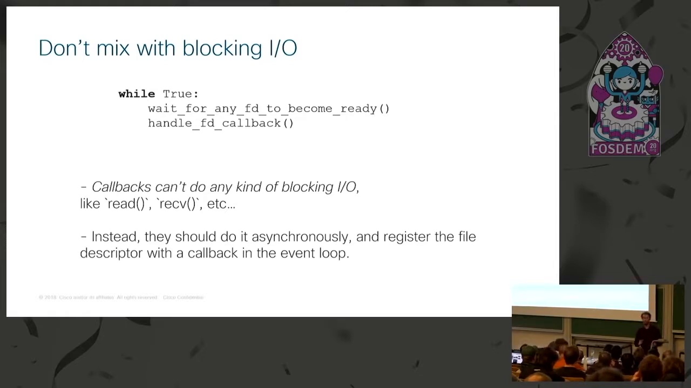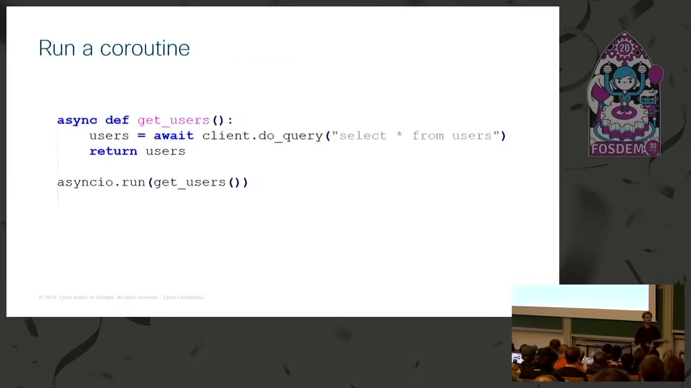So we should not do blocking I/O. Instead, we should do non-blocking I/O by registering a callback in that event loop, which will then execute when a response arrives, for instance. Now, these coroutines are an abstraction on top of event loops. It's pretty nice so that you don't have to think about all these callbacks, because otherwise you would end up